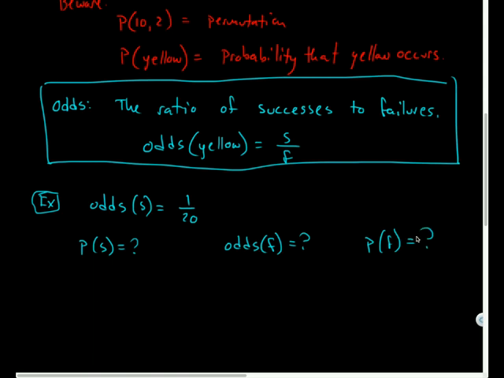So I don't even know what event I'm talking about. I just know that the success is a 1 out of 20 chance, or 5%. Sometimes probability can be represented as a percentage. Since it's a number between 0 and 1, that will also sometimes happen. So since odds is defined as success over failure, that means S must be 1 and F must be 20. So if I want to figure out the probability of success, that would be 1 over 1 plus 20, or 1 out of 21.